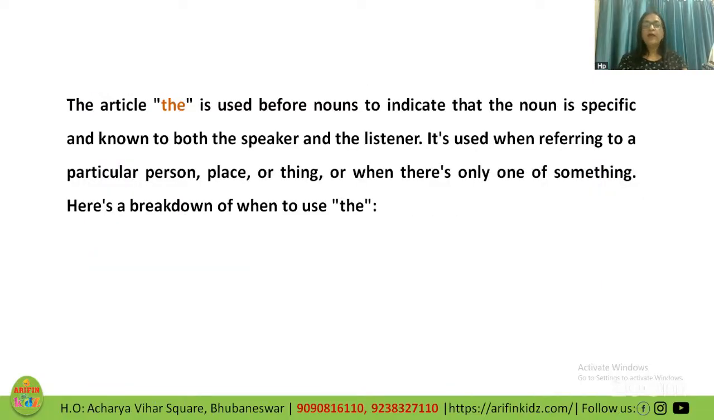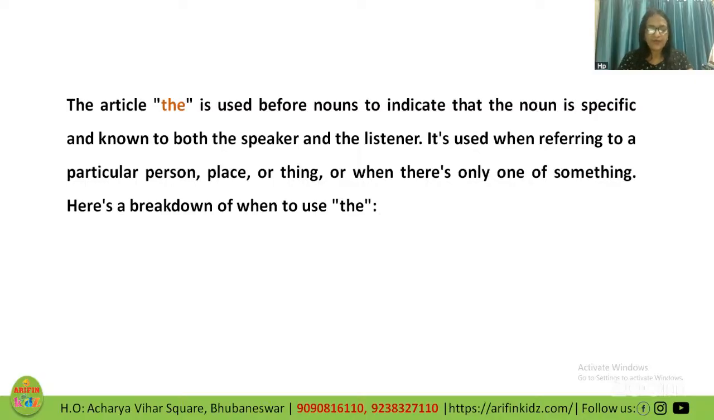Now, I'm just telling you that these definite articles I will explain a little bit elaborately, because once you understand clearly, if the concept is clear, you will not make any mistake. The article "the" is used before a noun to indicate